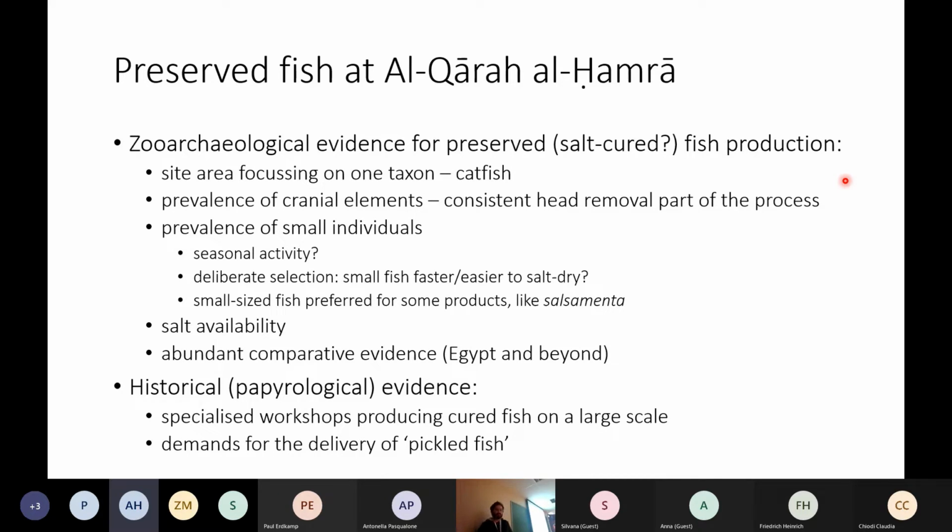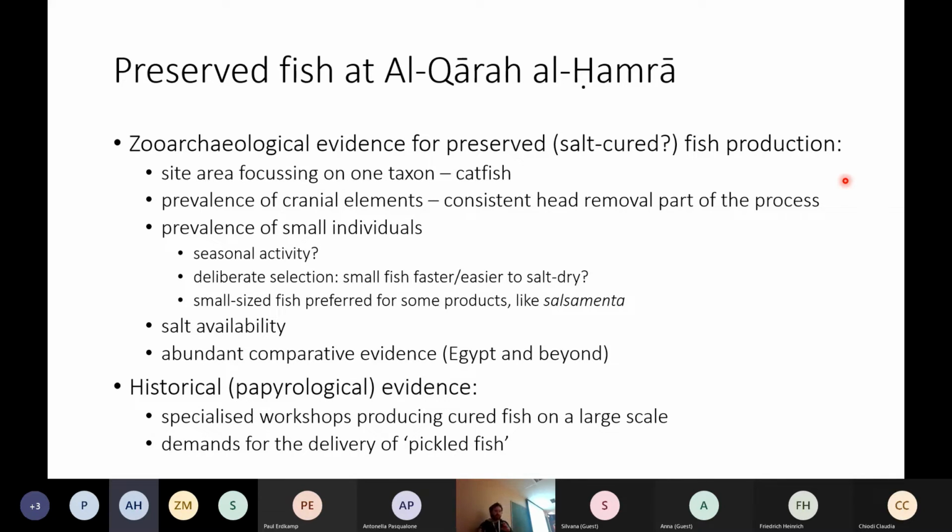There is a strong prevalence of cranial elements, which again is not alone evidence for the production of pickled fish, but still it's a consistent activity there, and the removal of the head could have facilitated the dehydration process and has been observed elsewhere. But most importantly, there is a clear prevalence of small individuals. This may be the result of seasonal activity, these smaller fish being caught when they were more frequent, but it could have been the result of deliberate selection, so the smaller fish being faster and easier to salt dry,